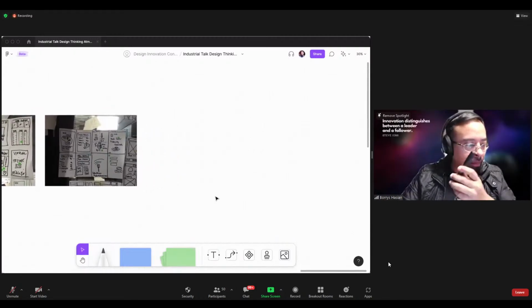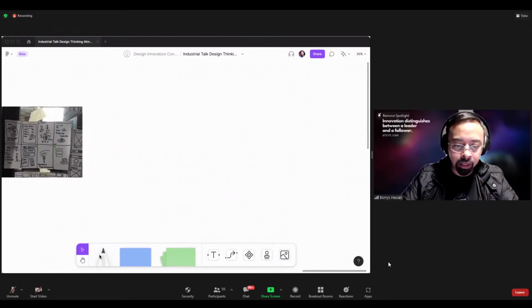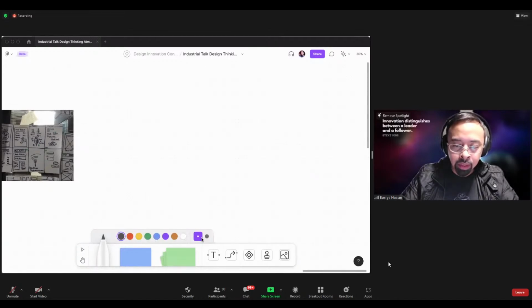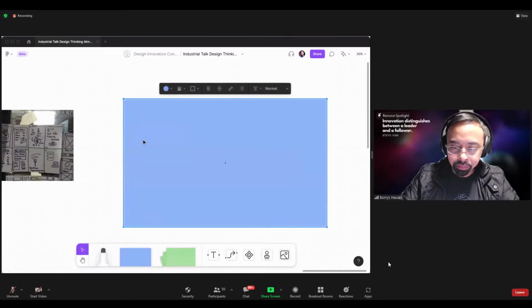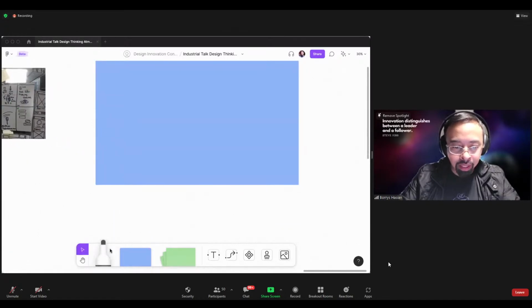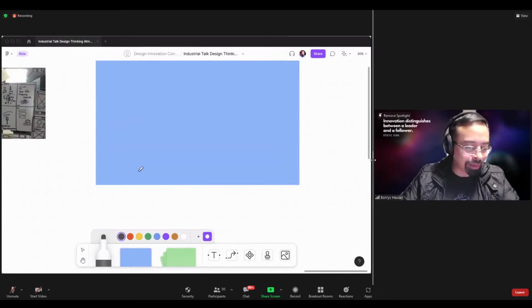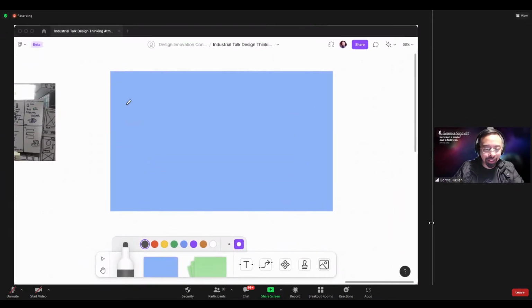Use paper and pen. Don't use digital for now, because it's going to take longer if you're not used to it. Let's say this is your paper. Sketching a basic one, to give you some ideas on what we actually sketch: a sketch only consists of a square or rectangle, a circle, a line like this, or a wave.